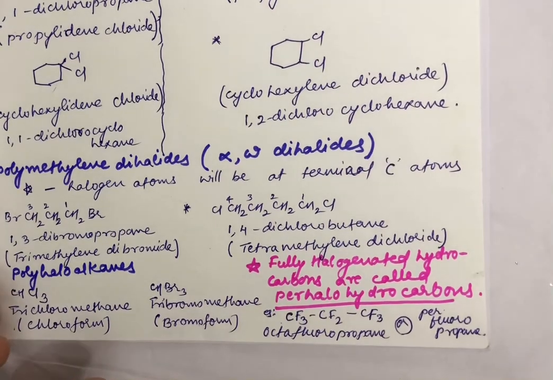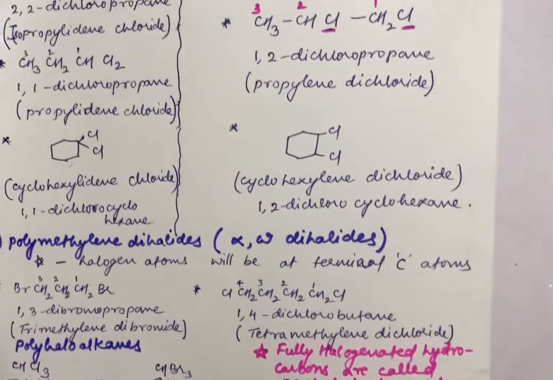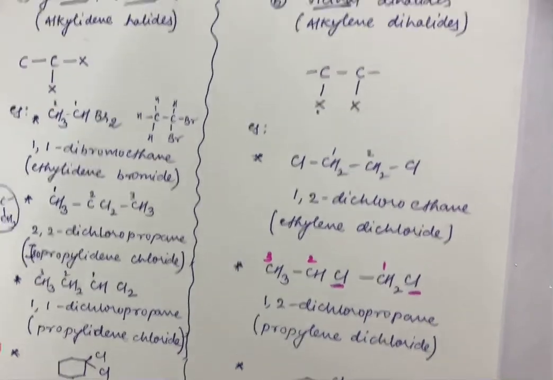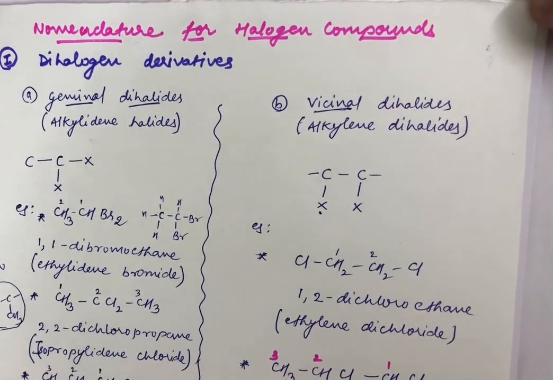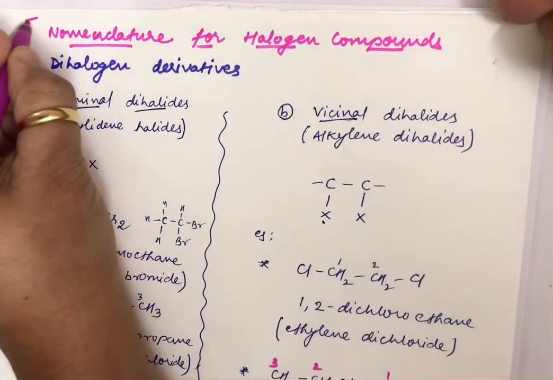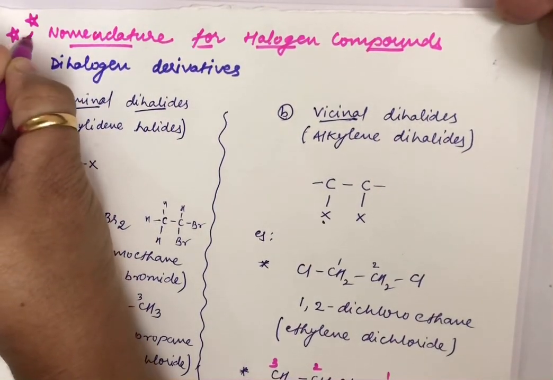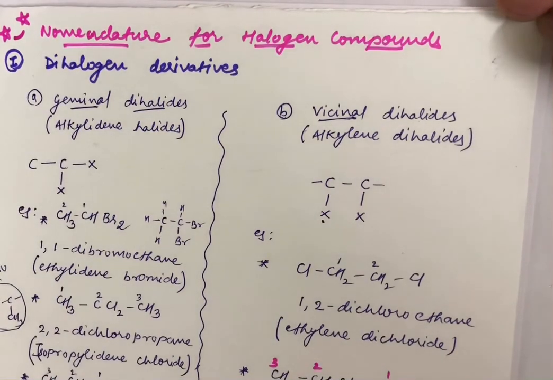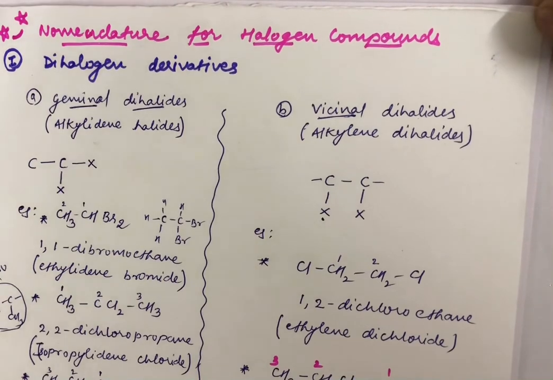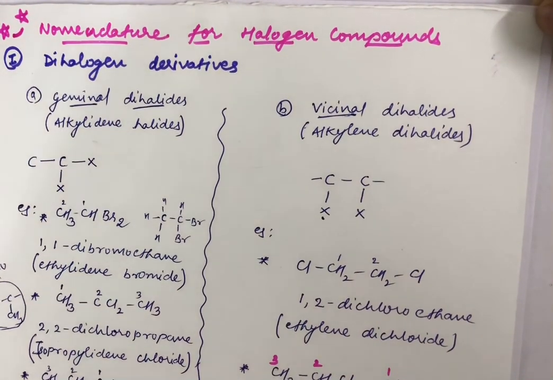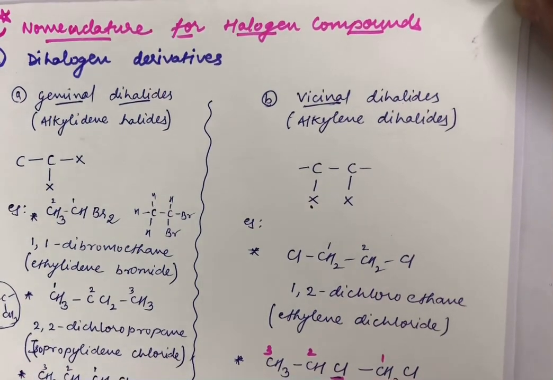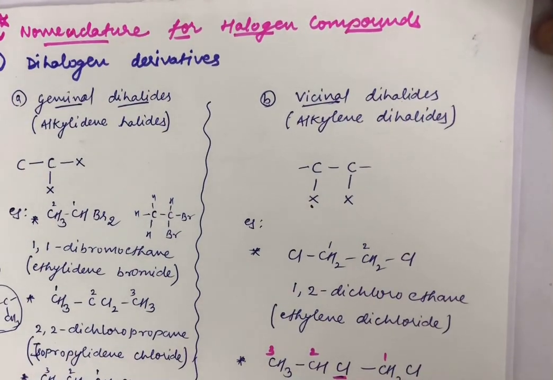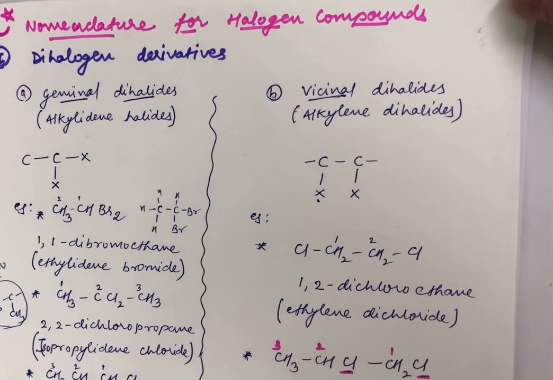So I suppose, students, this particular nomenclature for halogen compounds was a little bit useful to you. This was a very important discussion in context to the various exams. Either it is the board exam or CET or NEET or JEE. This part which I have taught is a very important one. So revise the video again and again. See that you are able to understand the concept very clearly.